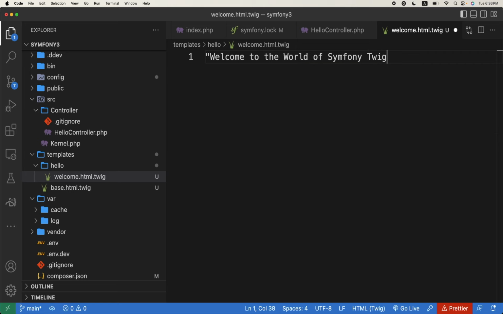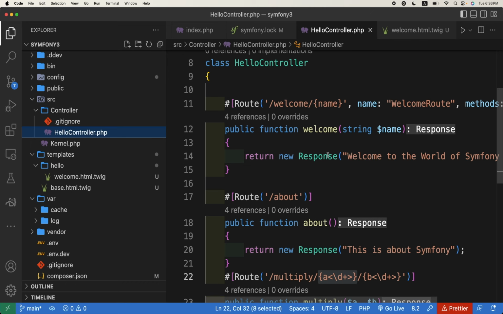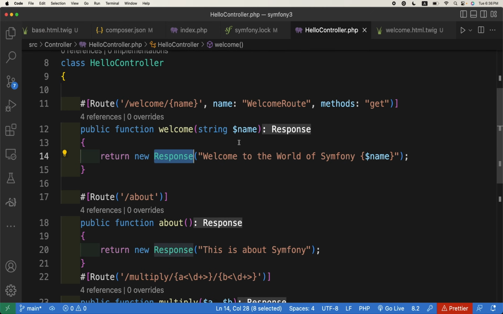By the way, Twig is also maintained by Symfony, so there is a lot of collaboration between the two. Okay, this is the code which is right now in welcome.html.twig. So if I go to the controller, rather than returning the response, what we should do is